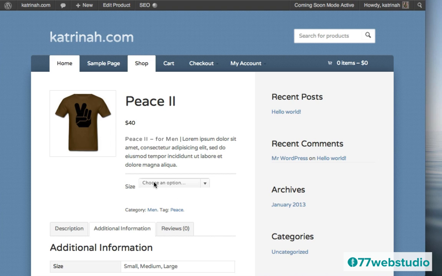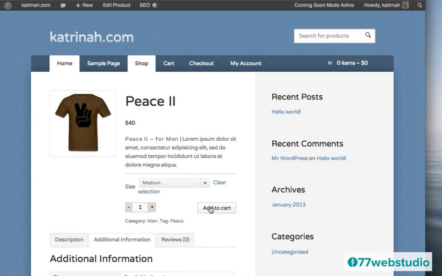Right now, the only way to get to that add to cart button is someone would actually have to click on choose an option, then they would have to choose the option, and once they chose it, then the add to cart button would pop up. But it's much better with e-commerce sites to make sure that this is always visible, because it's important to have a call to action to let people know that they can, in one click, add the product to the cart.